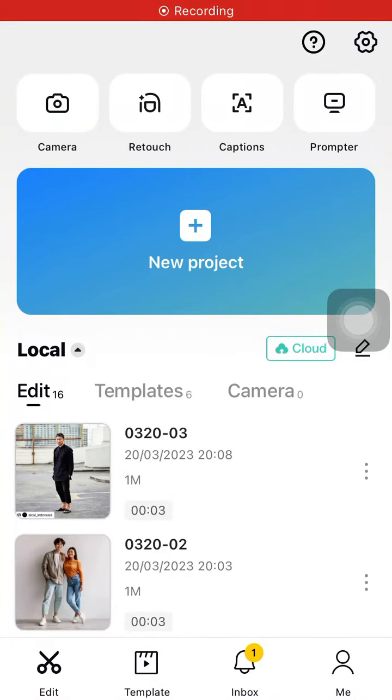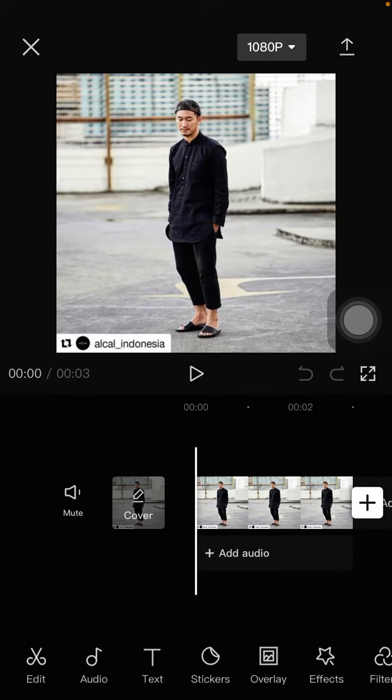Hello everyone, in this video I'm going to show you how you can apply a mosaic clone body effect on CapCut apps. So select the video or whatever you want to edit, just click on your project. But I'm going to open my project, and to add the mosaic